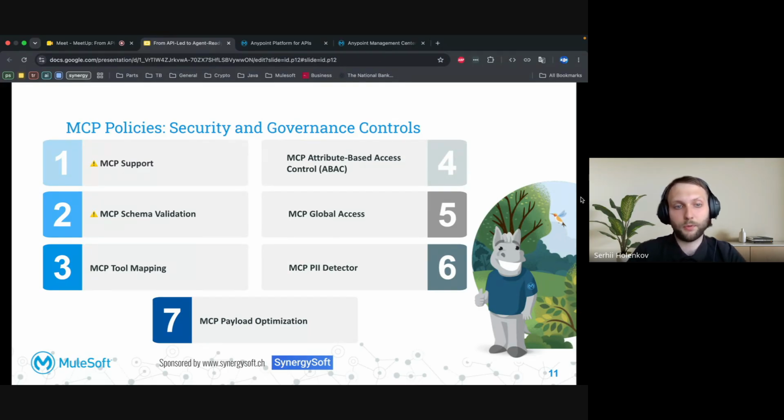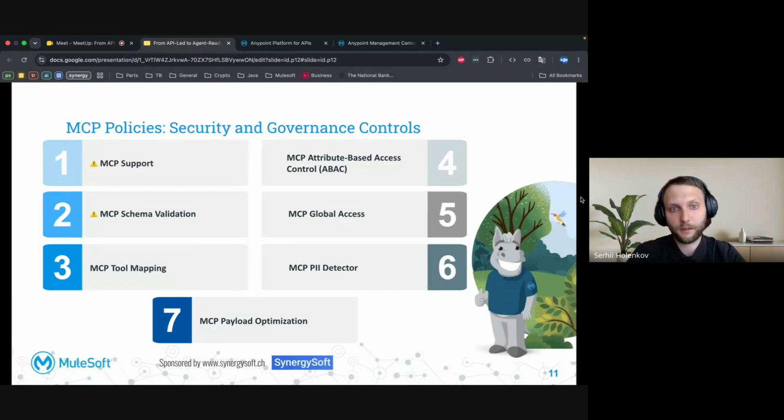So MCP support provides the foundation for MCP governance by enabling secure discovery and management for MCP server and tools to ensure that only trusted MCP capabilities are available to agents. And schema validation checks that MCP requests and responses follow the expected structure to prevent invalid requests from reaching the backend system.